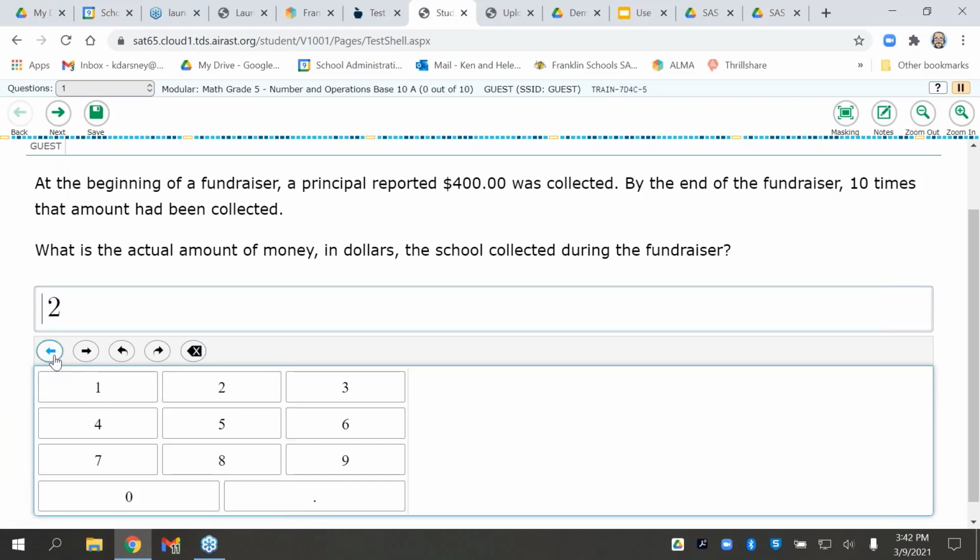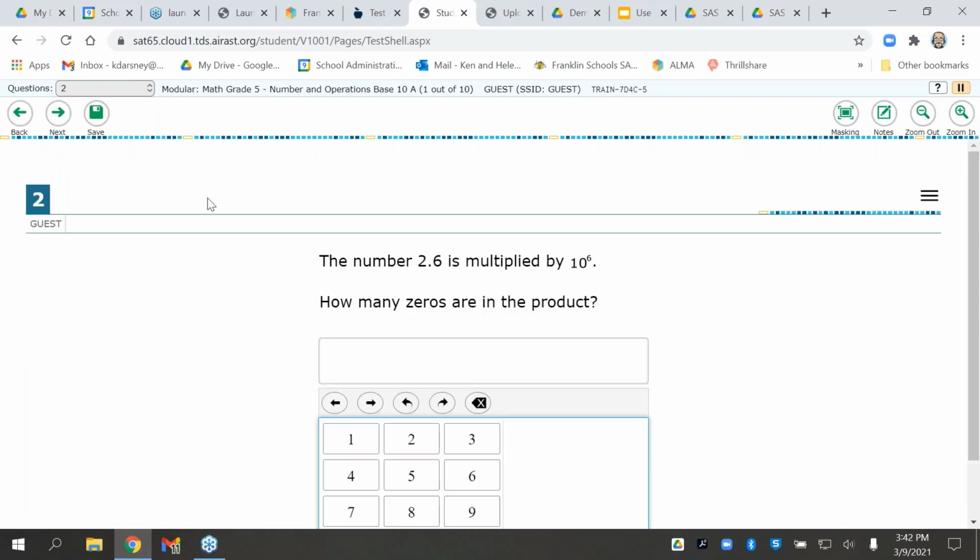So, there's a 2 and then a 1. Having the kids play around with how you get these things in here and out of there is really important, because I talked about that whole validity thing. There's only 2 questions in this item, but it gives you the opportunity to go through these with your kids live in the classroom and say, this is what the test is going to look like. These are the ways you're going to be asked the questions. This is how you put the numbers in here. And see, I got that done. So if it seems like I'm not doing well at it, it's because I'm not smarter than the 5th grader.